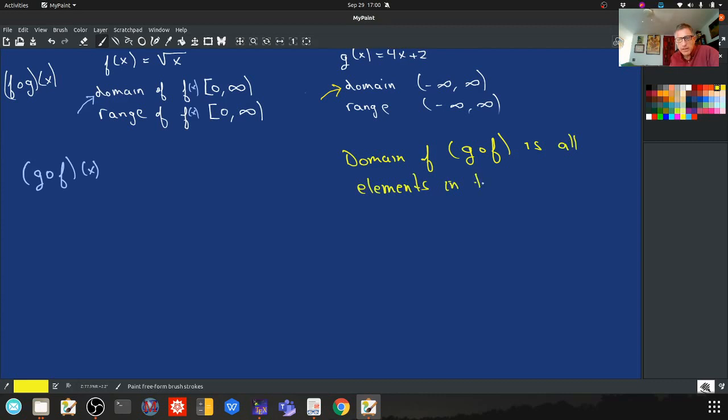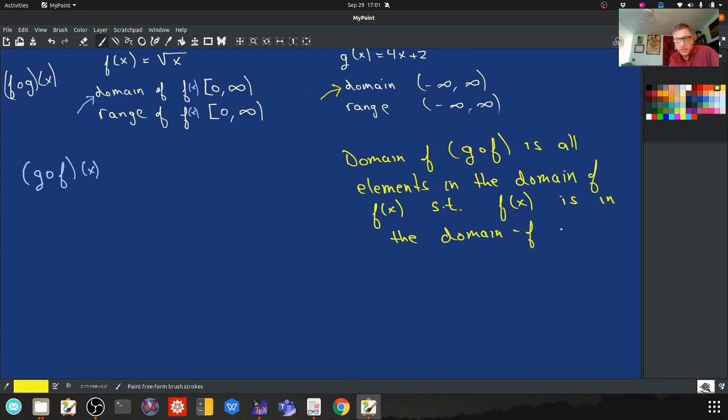In the domain of what function? Of f. If it were the same, I wouldn't have erased it. Such that f of x is in the domain